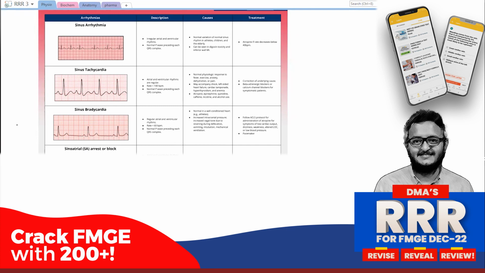ECG, you know how many boxes are there. You just remember like this, small box and big box. Hope you can see this image. The one here, these are the big box. See, I am drawing one big box. This is the big box. Okay, one big box is around 0.2 second. One small box is around, let me just write it properly,